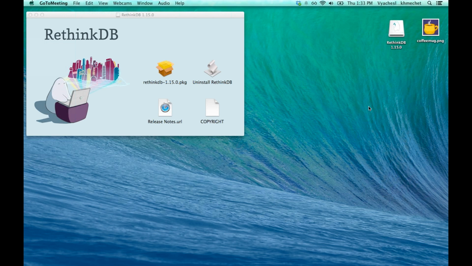webcast. We're going to talk about the 1.15 release that includes geospatial queries. This release has been in development for about 4 months, so we're very, very proud and happy to be able to ship it to you and give you the opportunity to play with the features. And we're very excited about telling you what you could do with this release and what kind of applications it